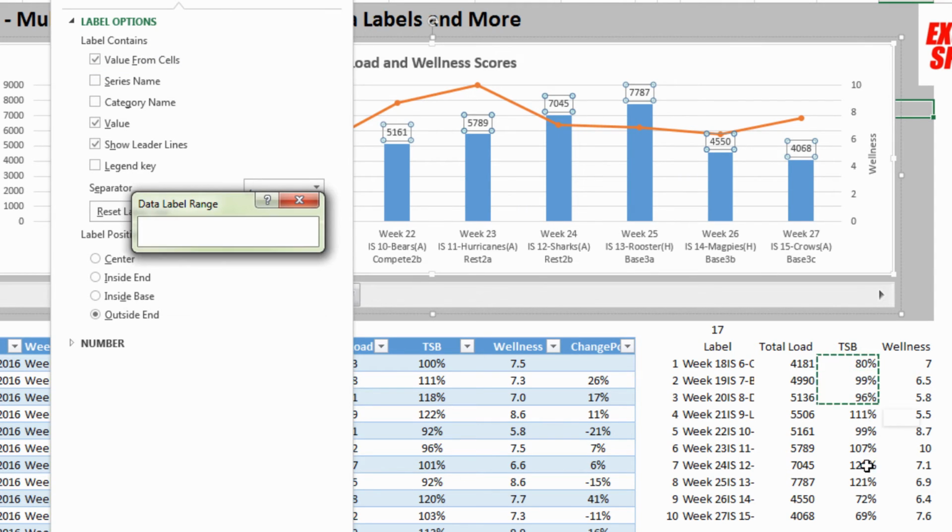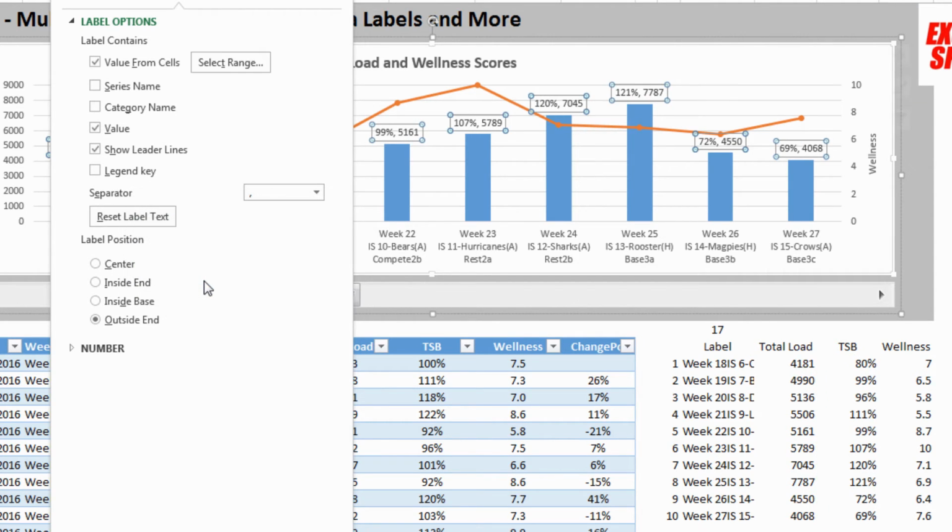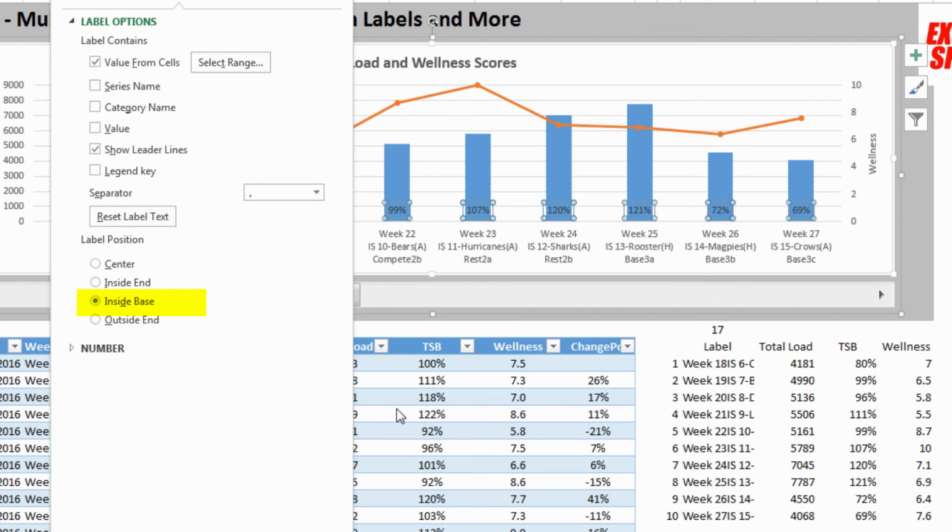So I'm going to use this range here. And now if you look at those labels, it's got both the data itself and the TSB number. I'm going to get rid of the value and just leave the TSB number. What I'm also going to do is put it down at the bottom, just so it's not potentially overlapping with